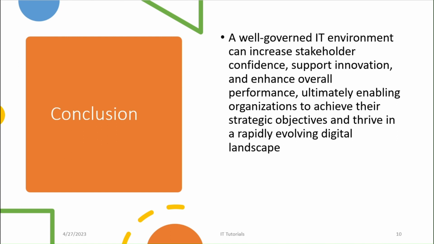Developing and implementing a robust IT governance plan requires careful planning, effective execution, and ongoing evaluation. The process involves understanding the organization's objectives, assessing the current IT environment, identifying stakeholders, defining IT governance objectives and principles, selecting a suitable framework, developing policies and procedures, assigning roles and responsibilities, implementing communication and training, establishing performance metrics and